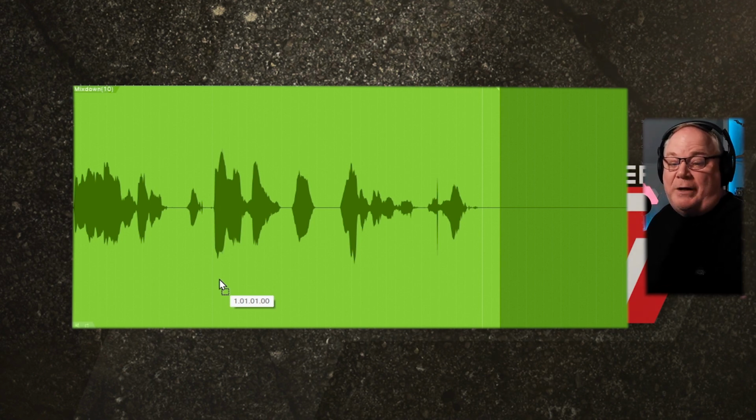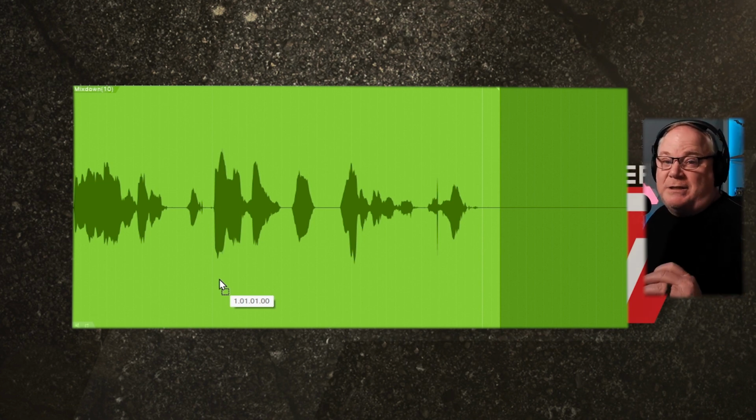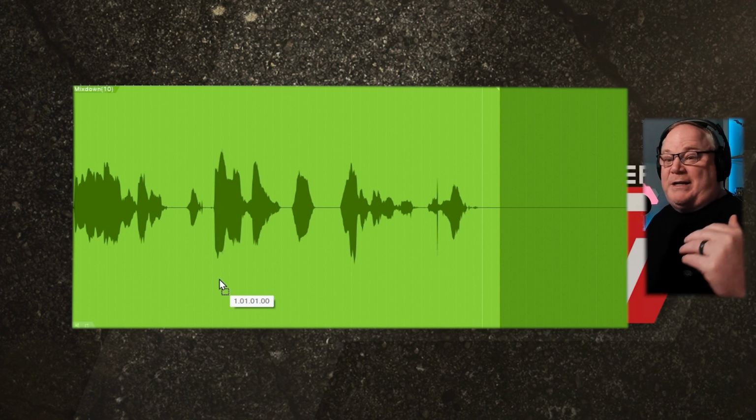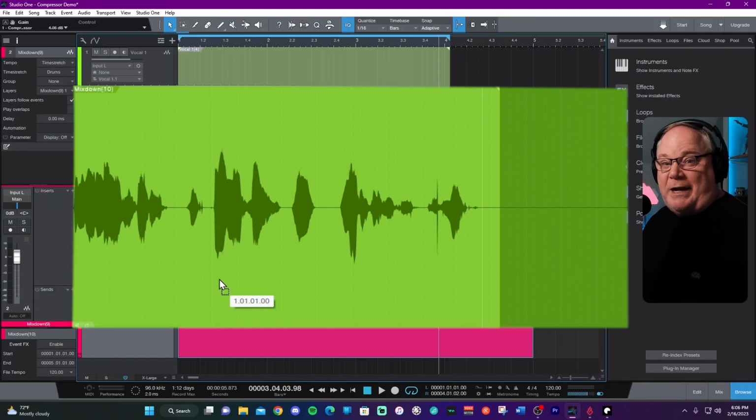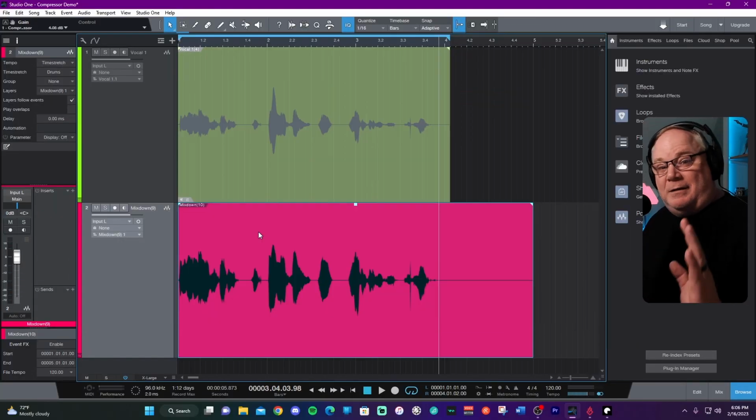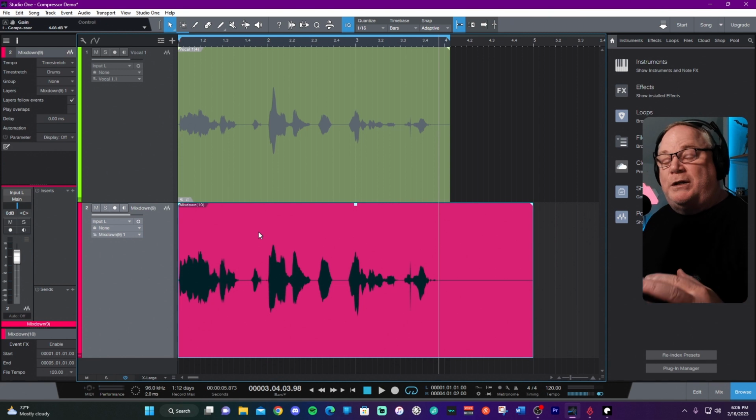It is that simple. And everybody should be using it on their microphone, especially somebody that is very dynamic. That means that they get very excited. They scream, they yell, they do all kinds of stuff. They're very animated with their vocal. Definitely use compression because it's going to allow your viewers to not have to constantly change their volume up and down when they're listening to your live stream.